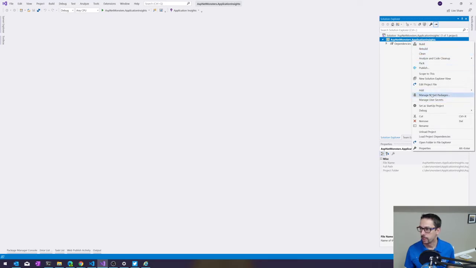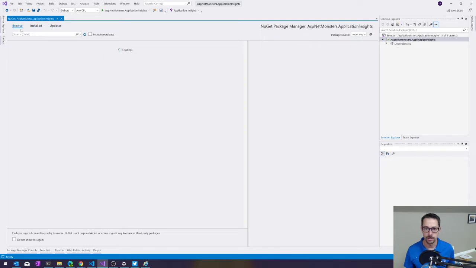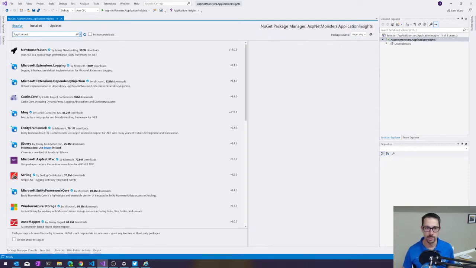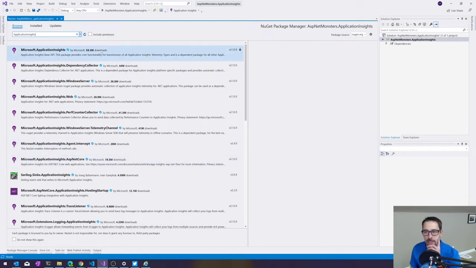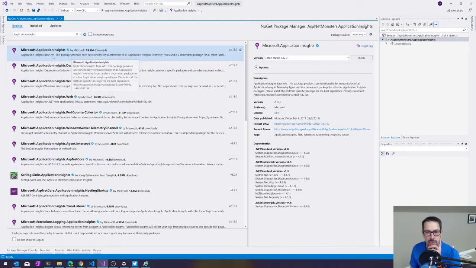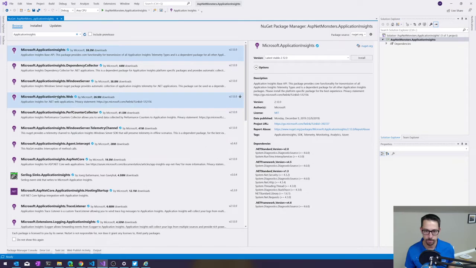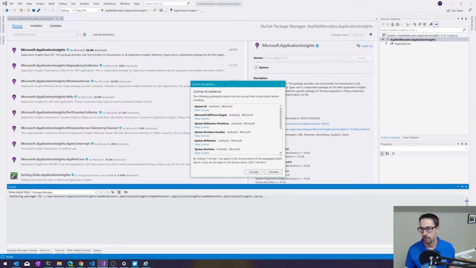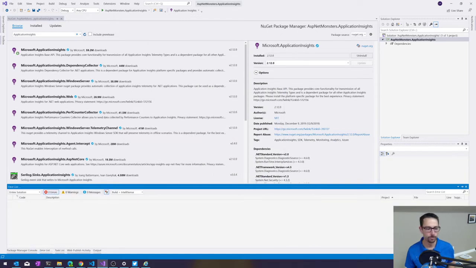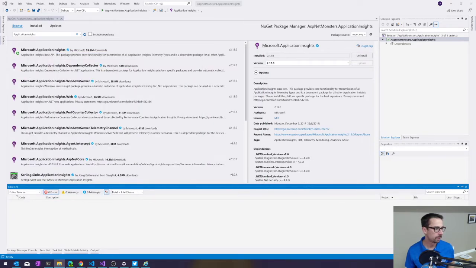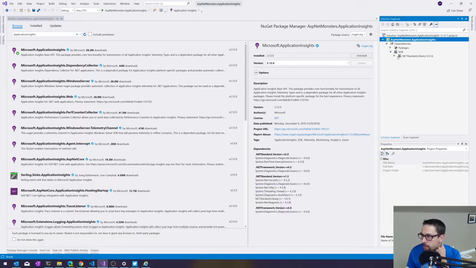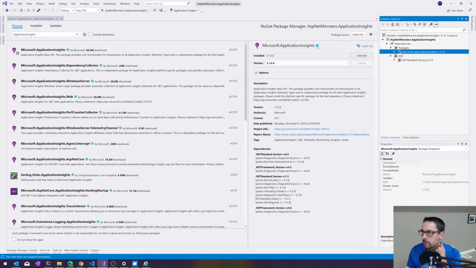Okay, so first thing I'm going to need in here is actually a reference to the Application Insights SDK. So I'm just going to do a search here for, I need to make sure I get the right package here. I believe this is the one, yes, Application Insights Base API. Provides the core functionality for all the other SDKs. That's the one I want, so I'm going to install that. Now there's my reference to the App Insights SDK,